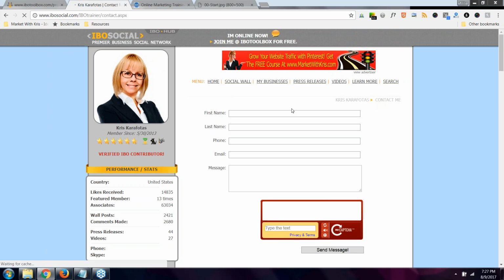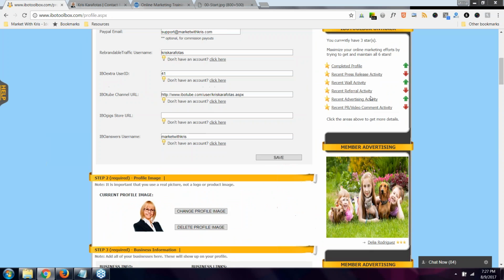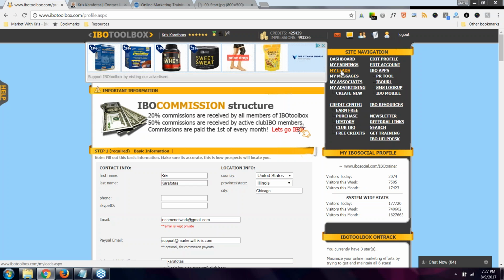Every member has their own page that has the opportunity for their visitors to input their information. So yes, you can use this platform to generate leads. Anyone who inputs their information here becomes a lead for you, which is housed under the My Leads section here under Site Navigation.